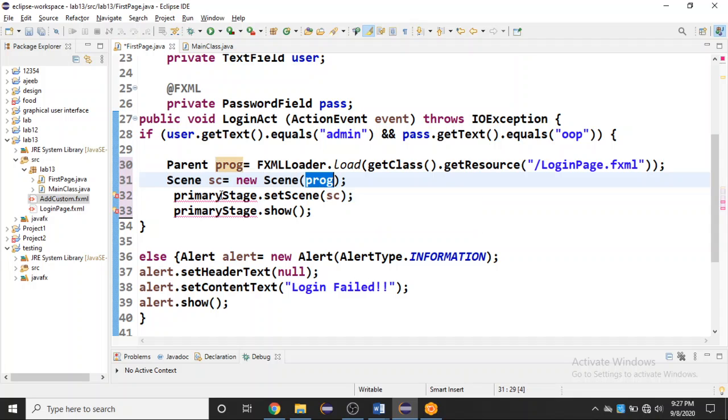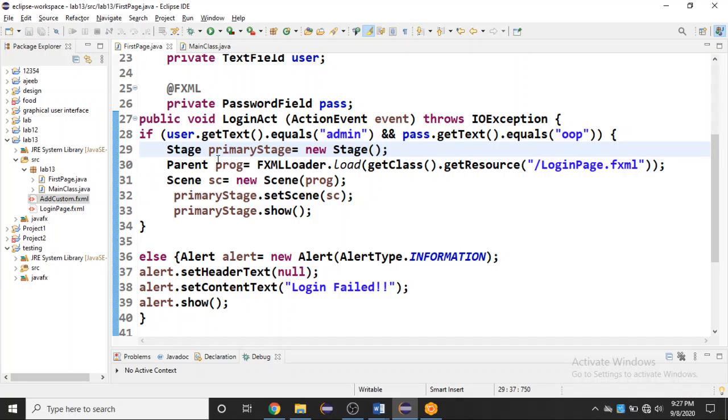Now we haven't created a stage, so I am creating a stage here. I'm saving the file.